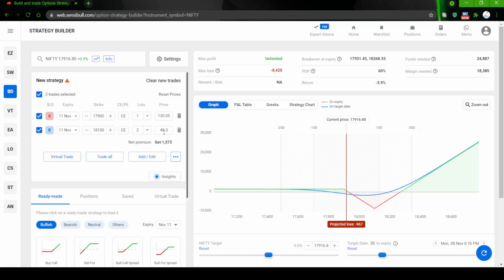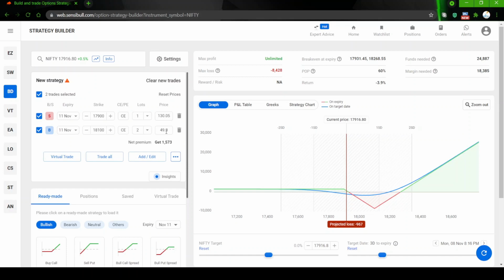That is say 50 rupees each you are buying, so you are paying out 100 rupees outside. The Nifty option contract lot is 50, right? So if you are paying 100 rupees for these two lots, you will be paying out 5,000 rupees. If you are buying only this call and the market stays there or goes down, you might lose the entire 5,000 rupees, right?